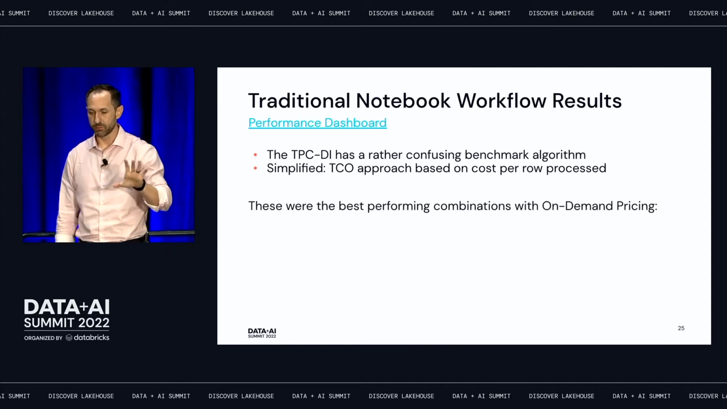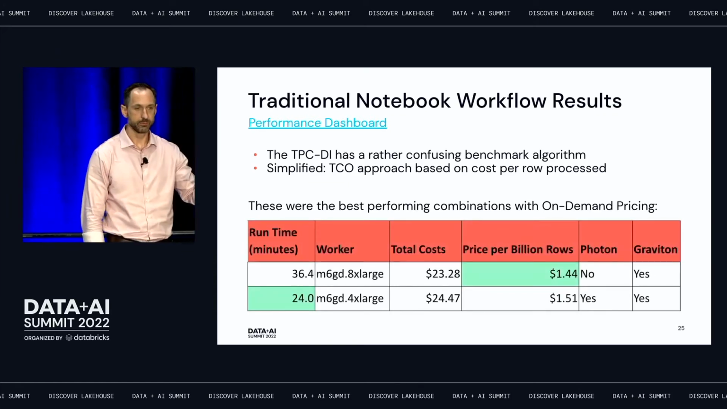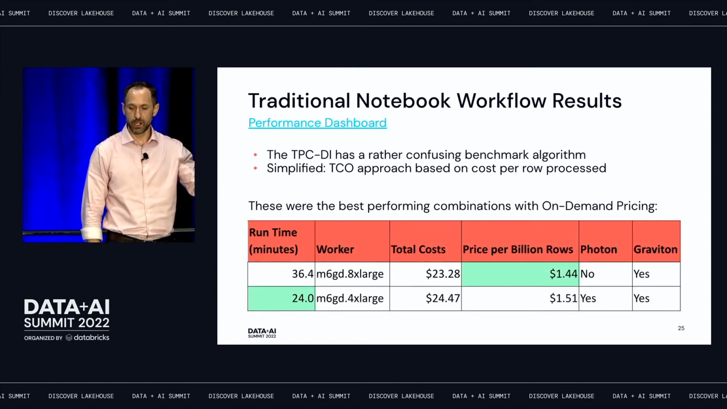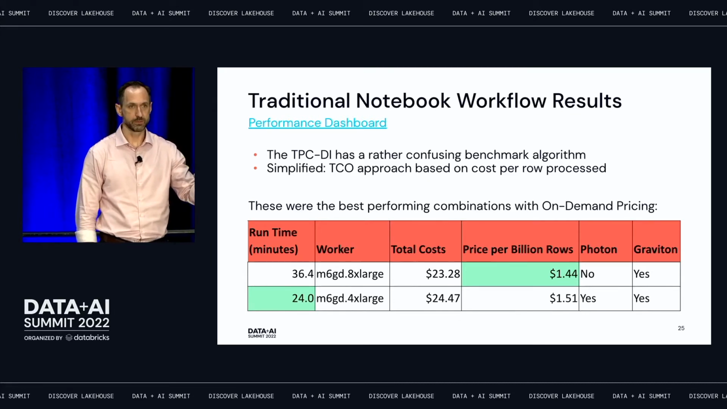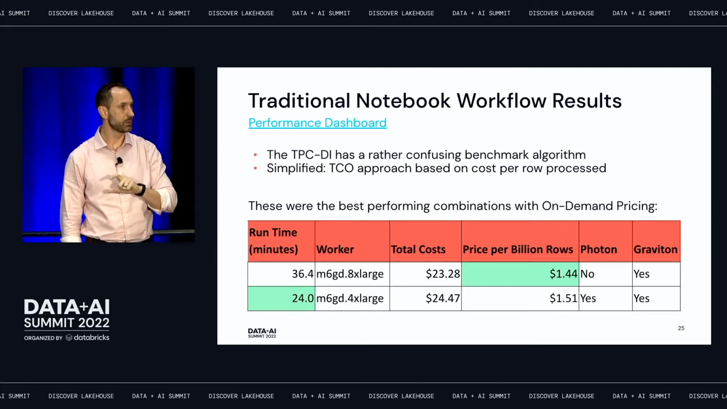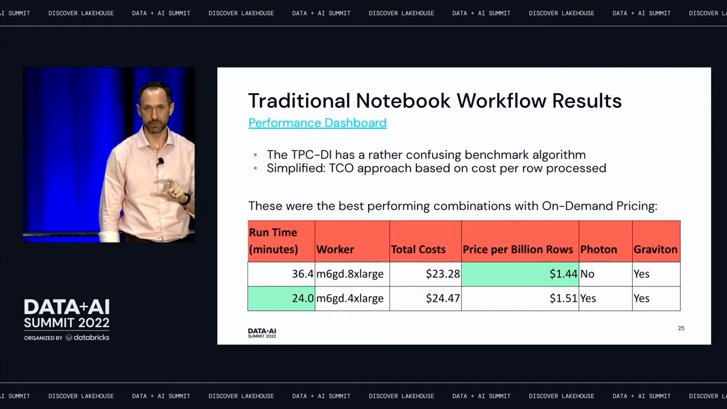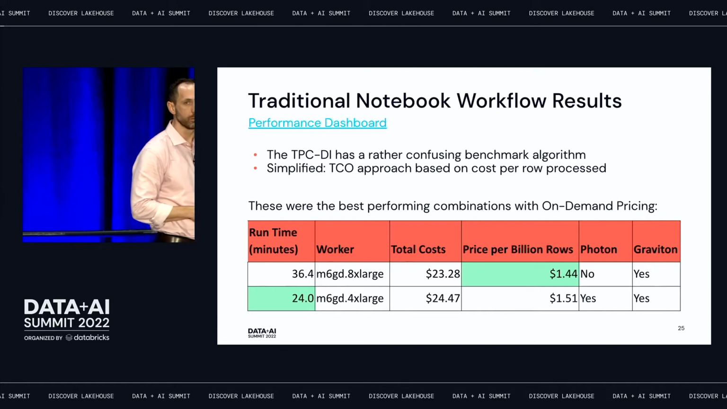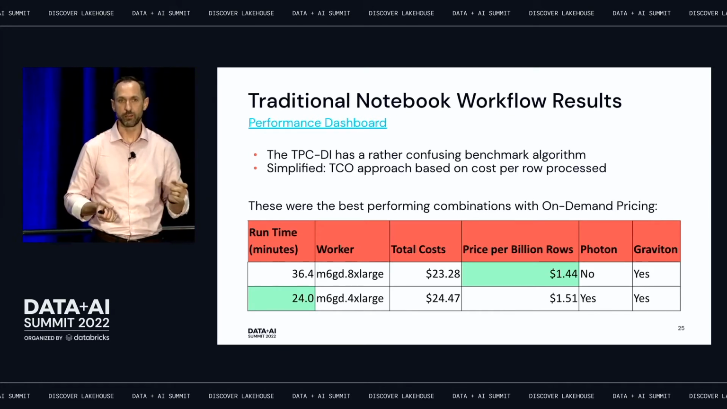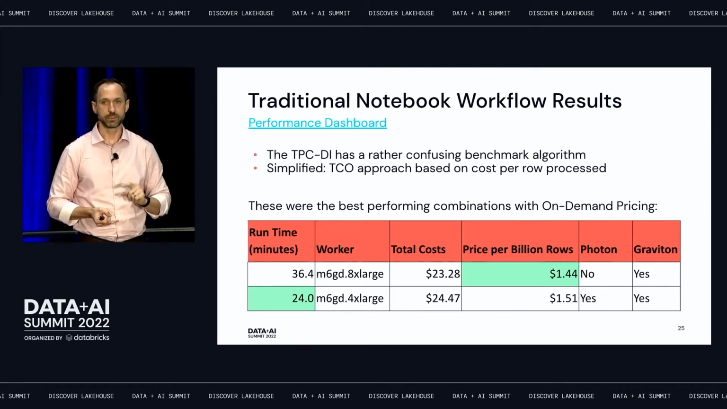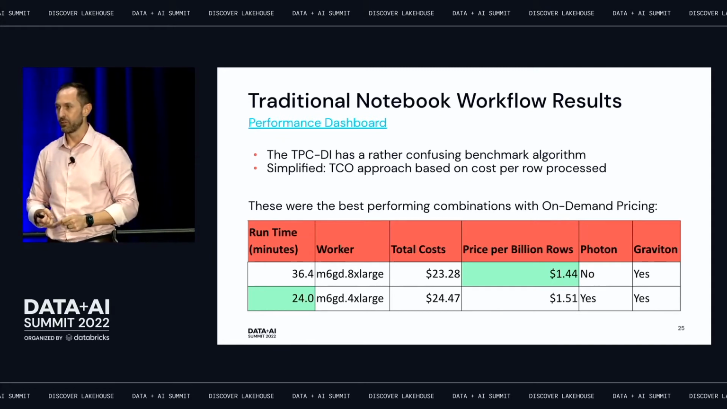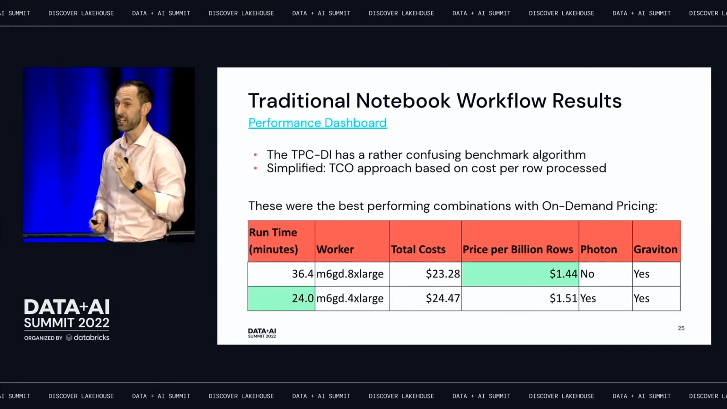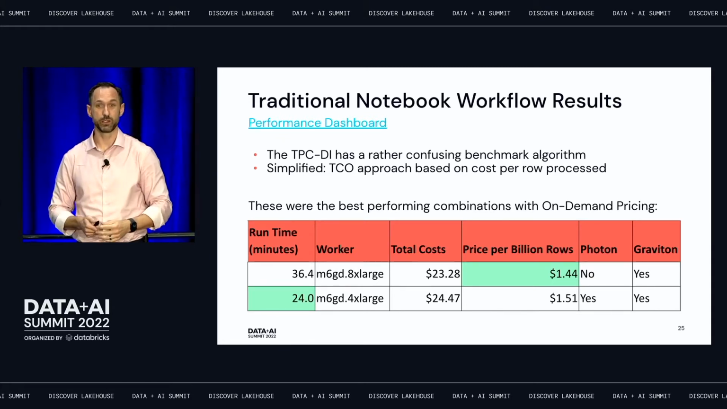So these were the best performing combinations with on-demand pricing. Our entire runtime went from 24 minutes on the fastest with Photon versus 36 minutes, okay? This is actually 16 billion rows. It's a terabyte worth of data through the entire pipeline I showed you. So we're not just pulling it in and putting it into a table and calling it a day, okay? We have 3 batches. We've got surrogate keys that have to be passed through. We've got entire joins. We probably have in the neighborhood of 100 to 150 windows that have to be done